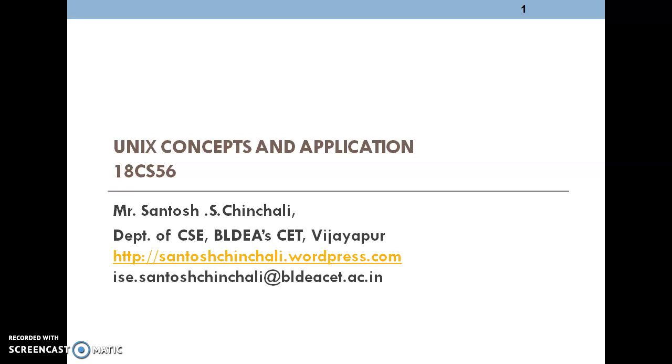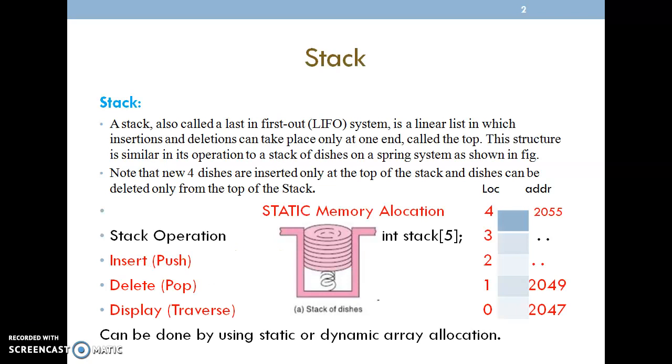In that we have taken the example of dishes that are stored in a container. So if I want to get the first container, first I have to remove all the containers above it, and only then can I get the first one. That is why whichever dish entered last will be removed first. That is what is called last in first out. So here is an example.